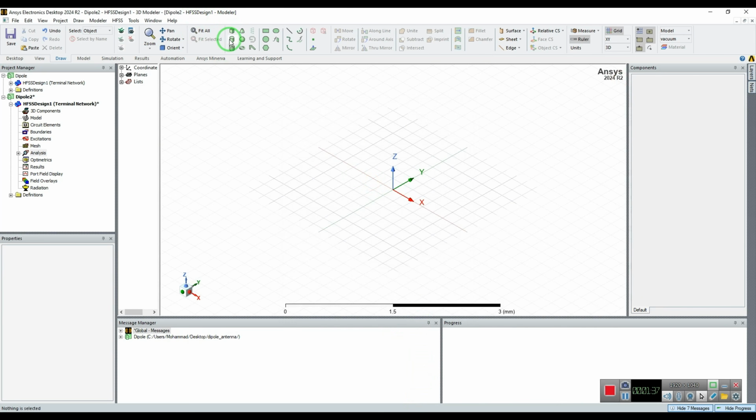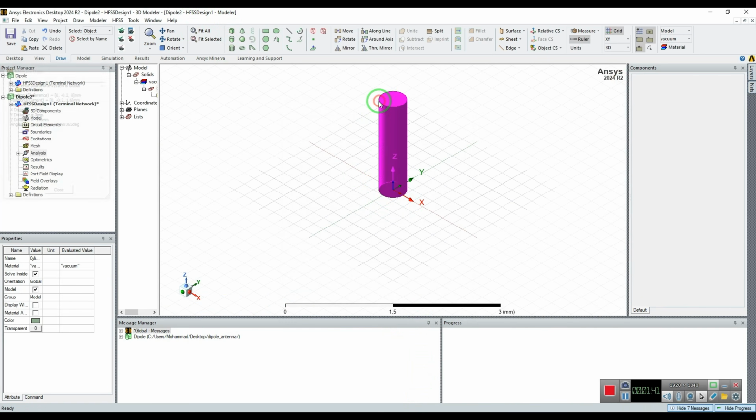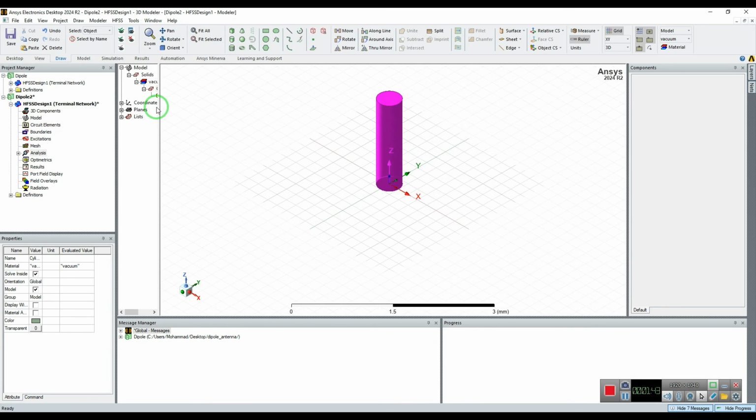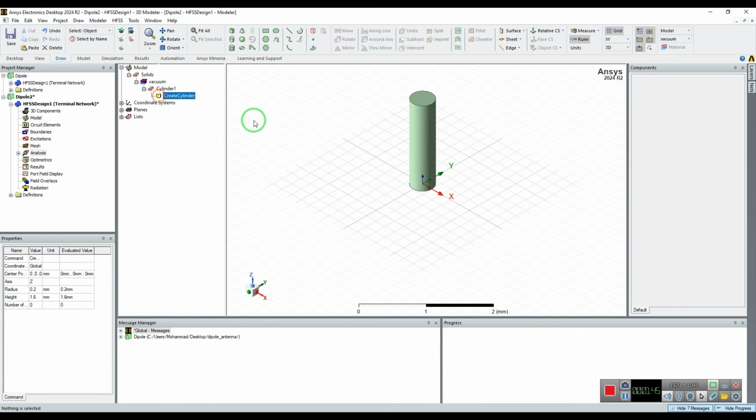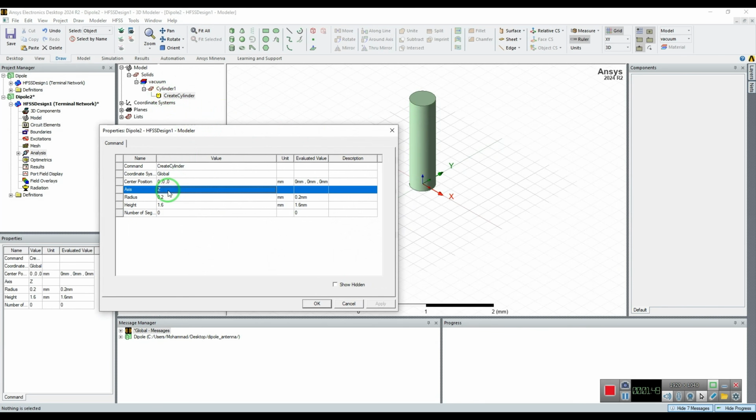Go to the Draw menu and select Cylinder to draw the two arms of the dipole. Place the first cylinder at the origin and specify its length as half of the calculated wavelength, approximately 6.25 centimeters for 2.4 GHz. This forms one half of the dipole.